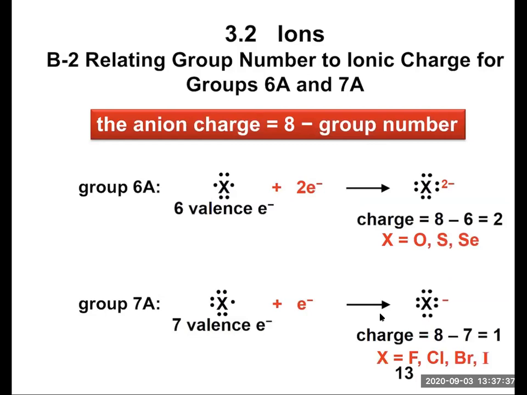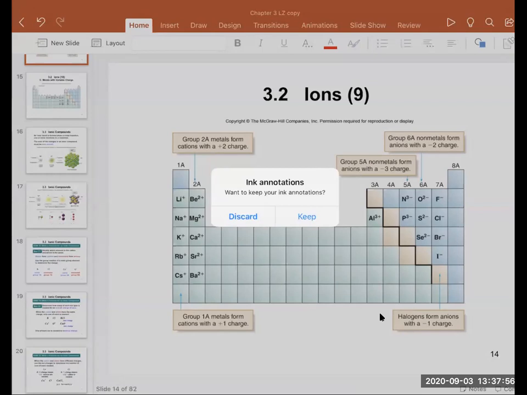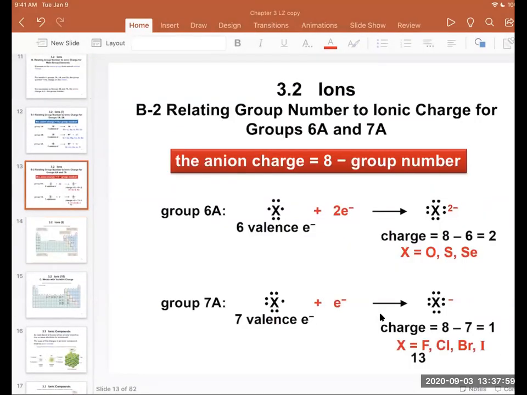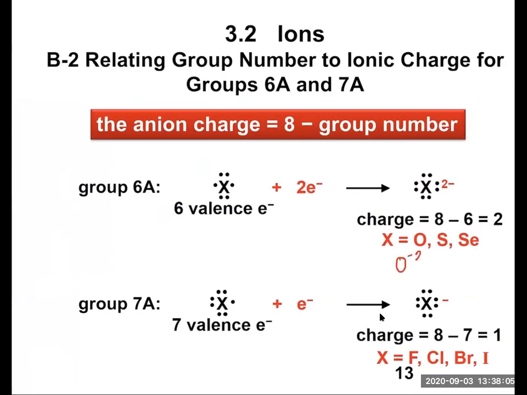On the other hand, we have the anions, they like to receive electrons. So for example, any atom in group 6A, like oxygen, sulfur, selenium, they are going to gain 2 electrons. So it's going to be oxygen -2. They become anions. We have 7A, such as fluorine, chlorine, bromine, and iodine. They are going to gain 1 electron, having a negative charge.